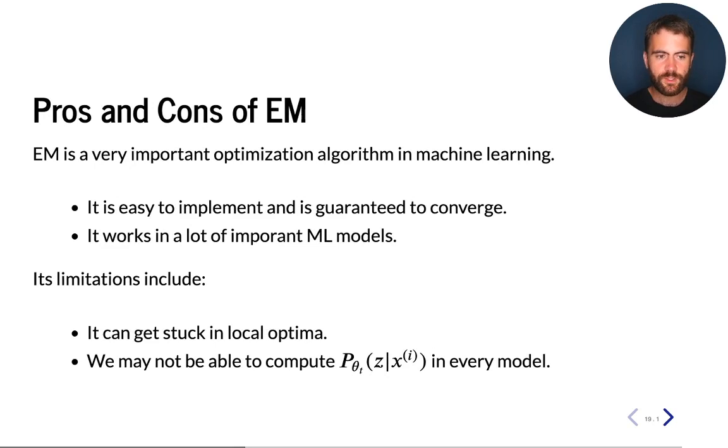Now, just to summarize the pros and cons of expectation maximization, it is a very important and a very well-known algorithm in machine learning that is used to optimize latent variable models. It is relatively easy to implement, and it is also guaranteed to converge, which is really good. And it also works in a lot of machine learning models. However, its limitations are that it does not work in every model, and in particular, we need to be able to compute this posterior probability effectively. And it's not true that we can compute it in every model, but we can compute it in many models. And it can also get stuck in local optima,